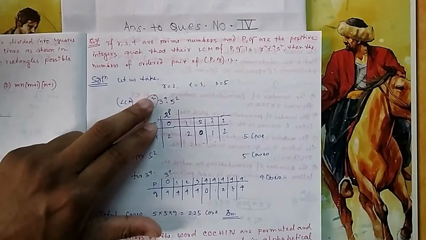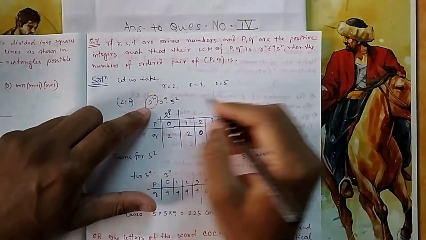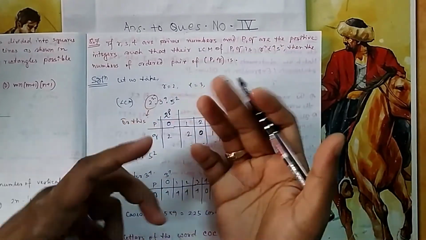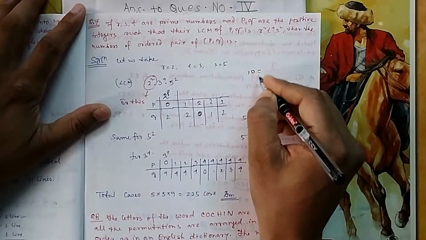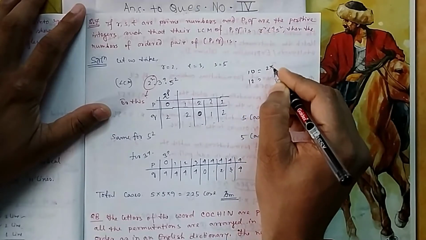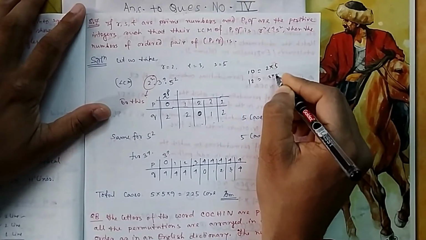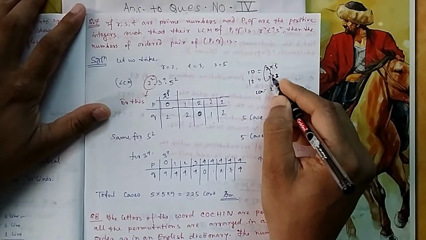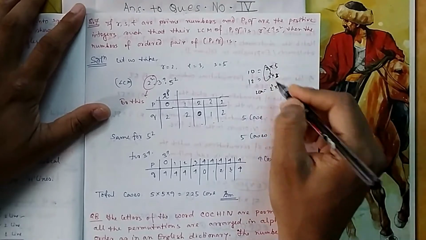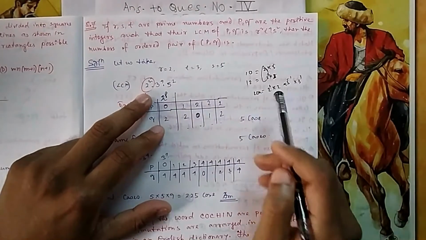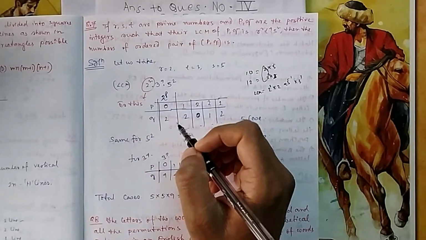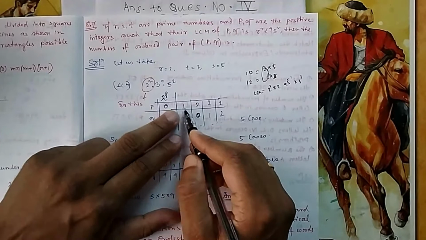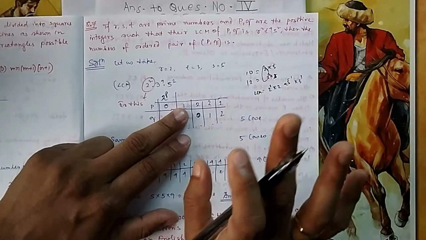Now for this you choose one by one, because in the LCM of 2 numbers, all these factors should come. What do you do? Suppose you take the LCM of 10 and 12. So you write 2 into 5, and 2 square into 3. Then first you start with 2: one common and one extra, that is the highest power. So similarly you think one by one. If you first put 2, think for 2. So for P and Q you can have no 2, one 2, or two 2s. These are the options we have.